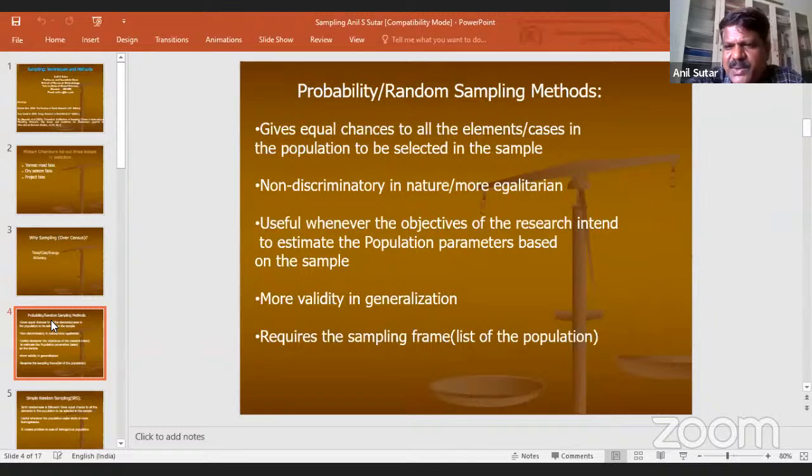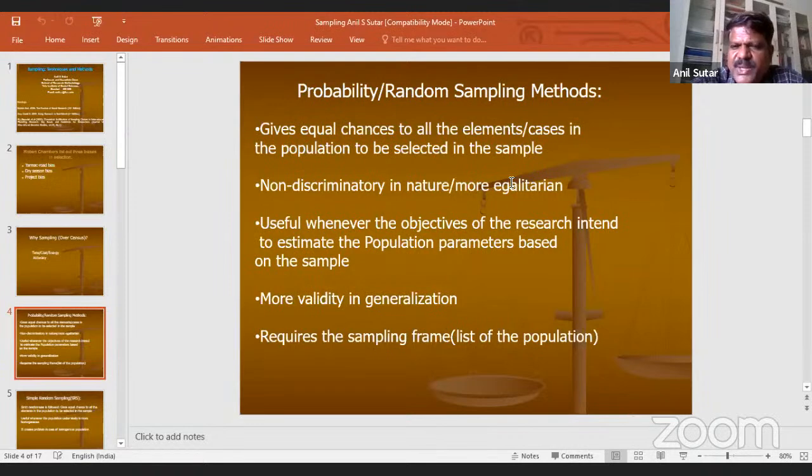But whatever narrowing down you do, you should be in a position to ensure that all the management teachers in that particular area are given equal and fair chance of being selected in your sample. That is the basic idea behind random sampling method. That is how simple random sampling is also known as non-discriminatory in nature.